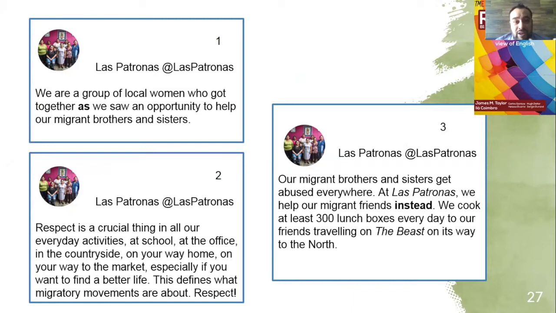I am letting them speak. They're speaking in first person. They become a model because at the end of this lesson, learners have to write tweets about an organization, and they follow their model. So they're models to follow. And they are discussing their own issues. It's not a New York Post